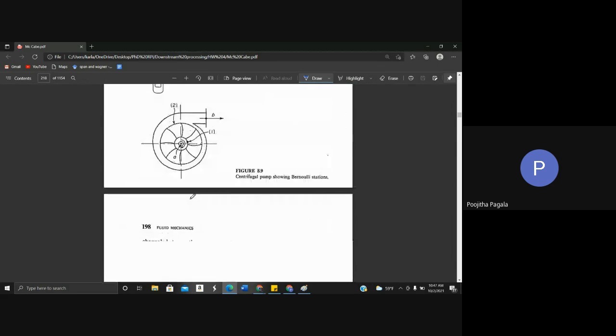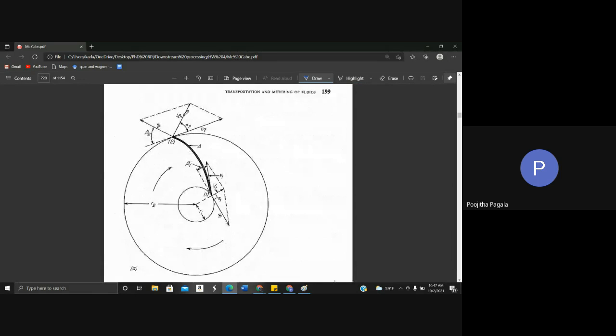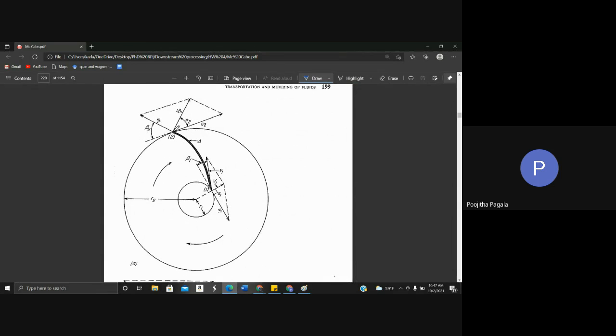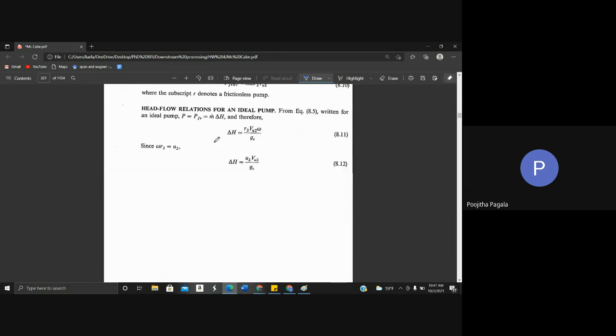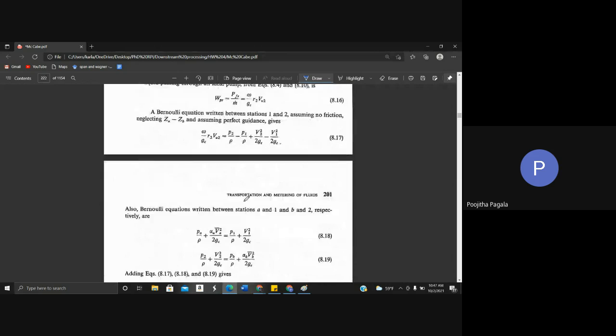So in the centrifugal pump theory, they do a detailed vector fluid mechanics analysis of a blade. So this is a blade inside the centrifugal pump, and they divide the velocity into velocity components along the blade and velocity components perpendicular to the blade. And after doing some analysis, we get this relation that